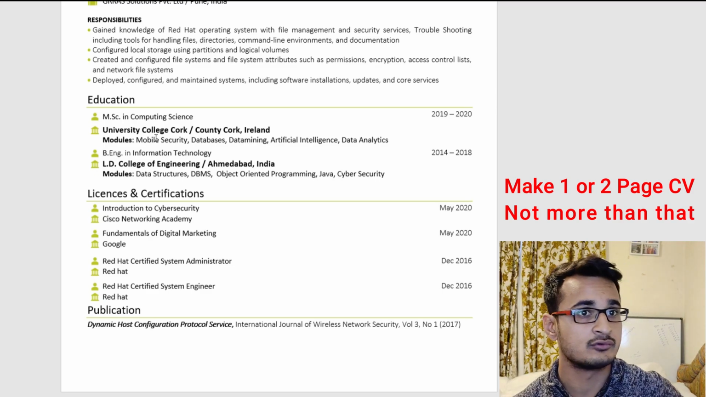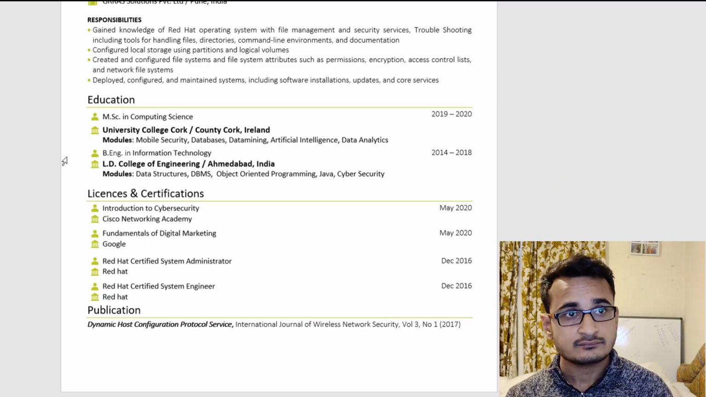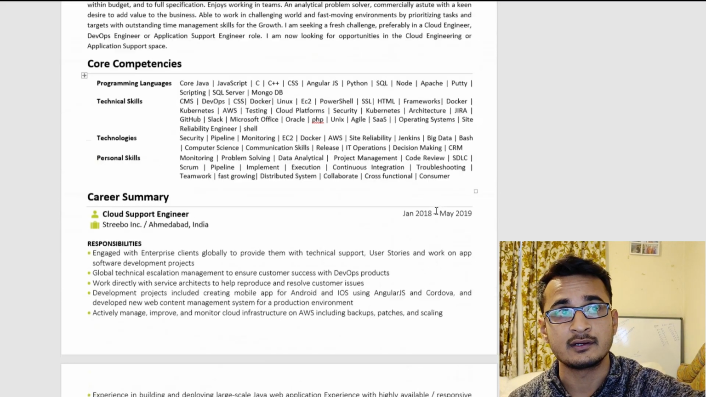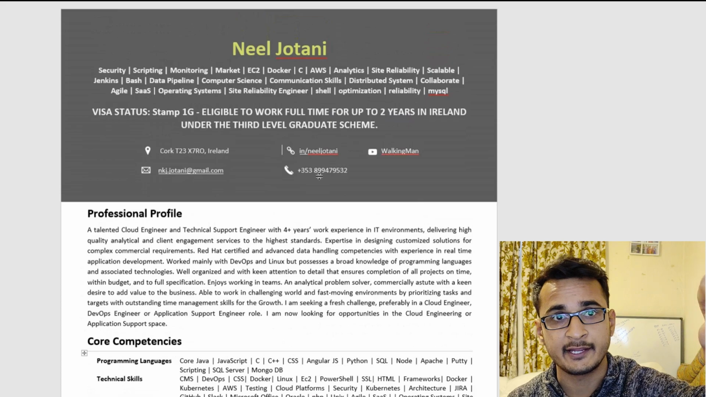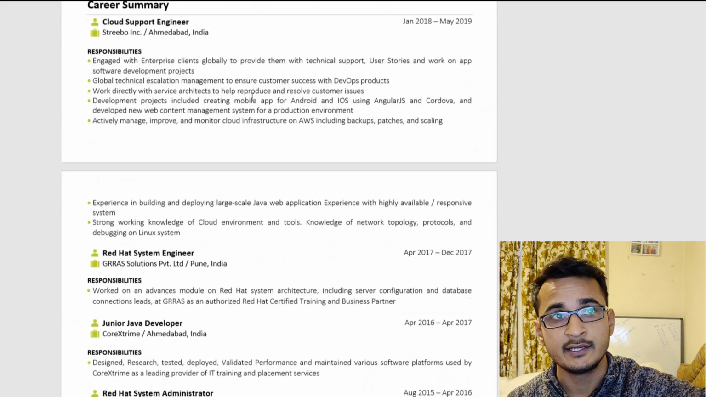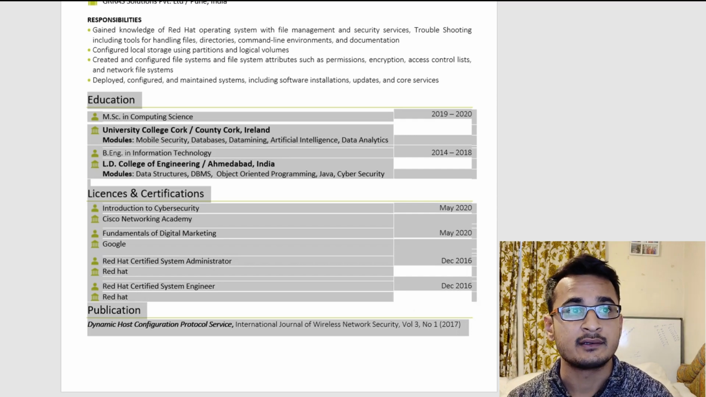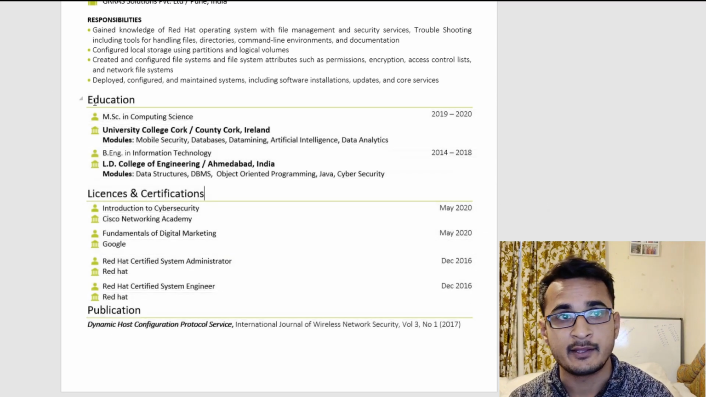Not more than 2 pages. So just go with that. And that's why, let's say I started from my name to this, everything. Now I have this much space left, so I am putting only a few terms, like I did MSc in computing